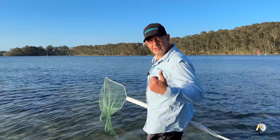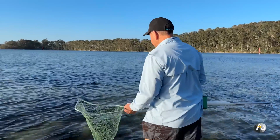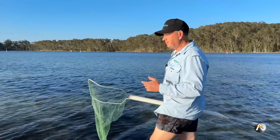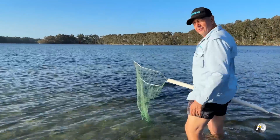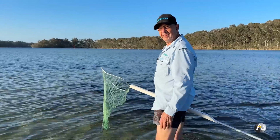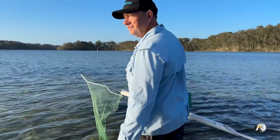So we're actually leaving the shore and we're walking out onto a shallow sandbar out into the middle of the lake. I've already seen some big fish in water that's less than knee deep, just big swirls in the water taking off as I walk out along here. I don't want to go too deep, I just want to keep standing at a comfortable depth really. I guess if it was summer, it's not quite summer, I wouldn't mind, I could have a swim and fish at the same time. But